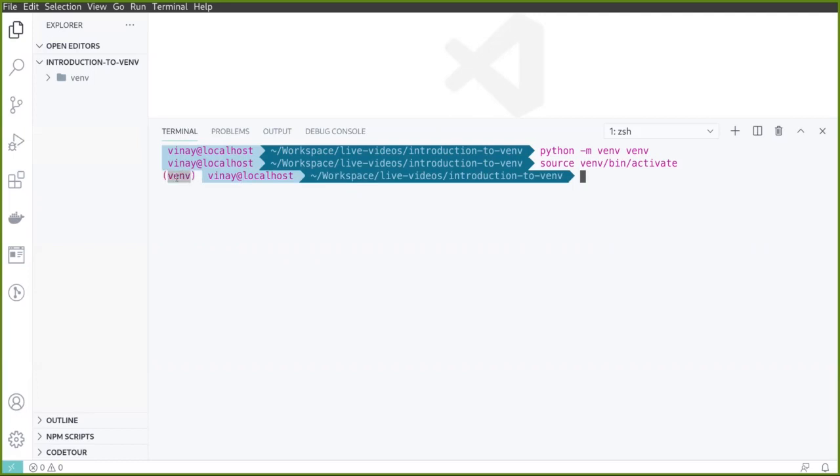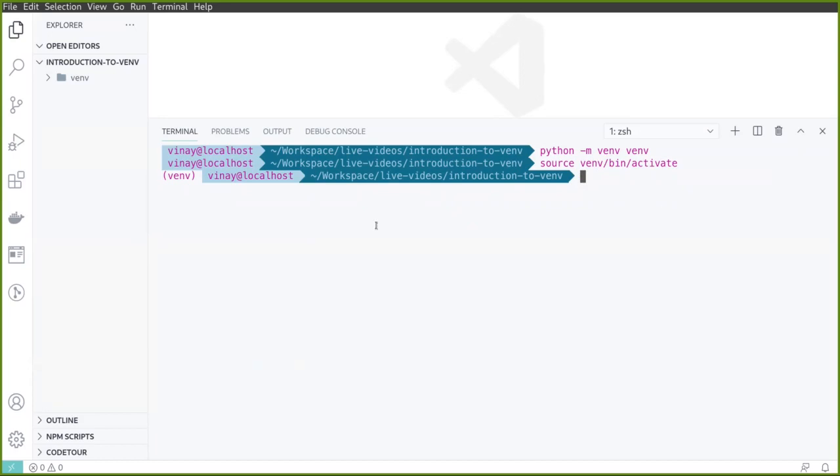That means that we are using this particular virtual environment. In case of Windows, we can activate it using venv\Scripts\activate.bat. This is a way in which you can activate your virtual environment in Windows, but we are not using Windows in this case. So we'll stick with source venv/bin/activate.